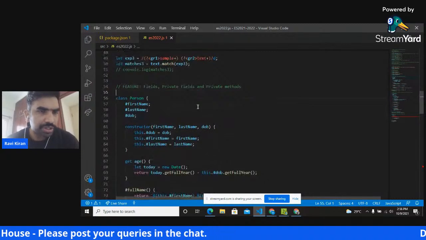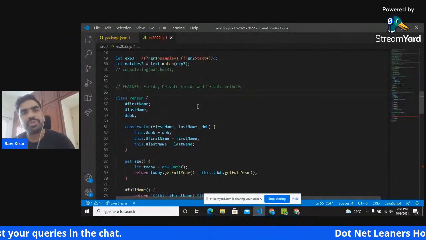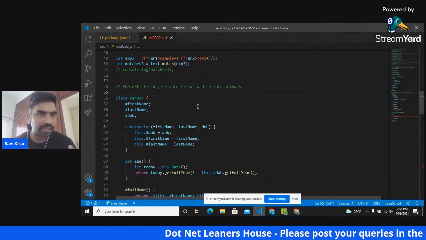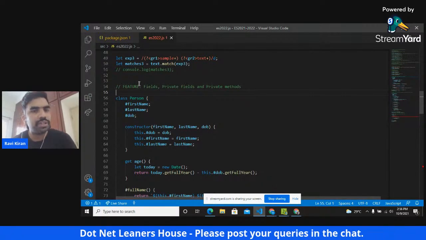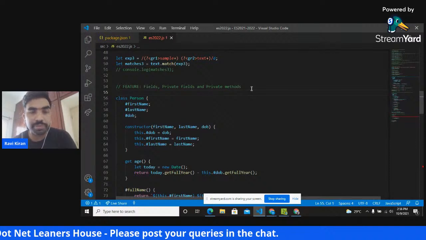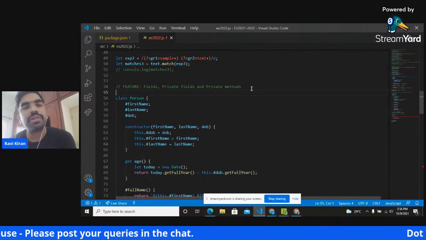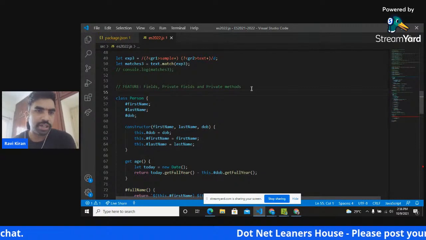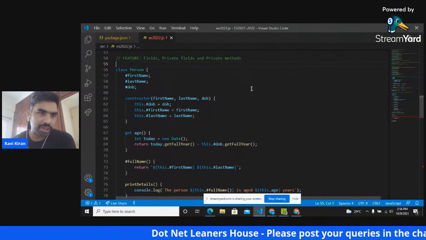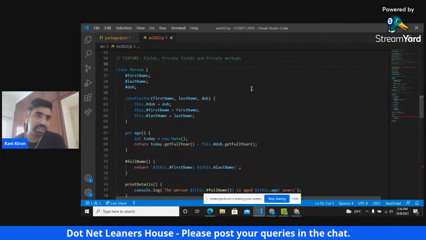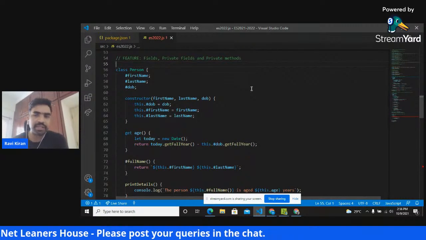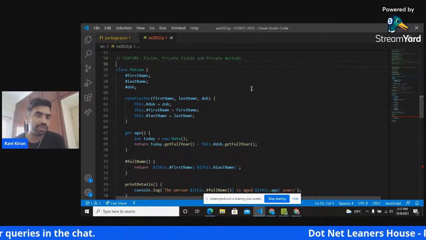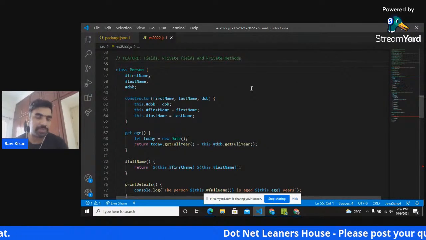The first feature is that in ES22, a lot of changes have been proposed to classes. In classes we now have fields, private fields, and private methods allowed. Till the current version of ECMAScript we don't have a way to create private fields, right? So anything that you write inside the class becomes public, and even if you don't intend to expose those values to users, they are exposed implicitly by the language itself.